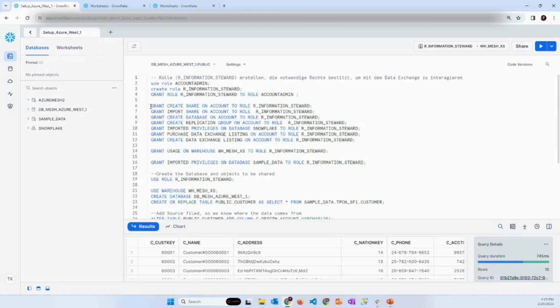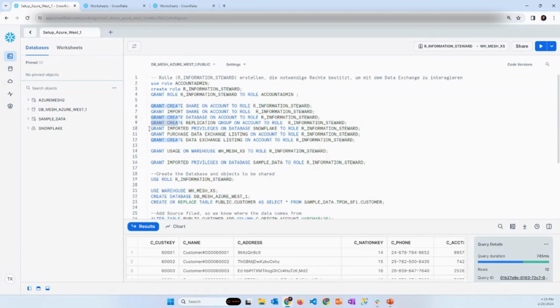Then we basically allow the information steward to create and import shares, to create a database on the account, and to create a replication group. This will come a little bit later when we also want to share data between the Azure and the AWS account.